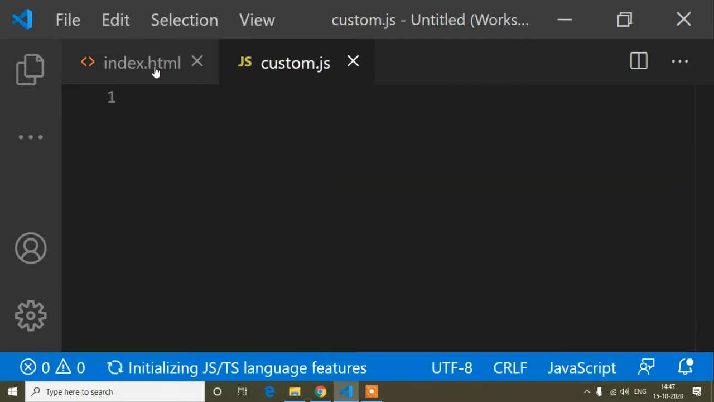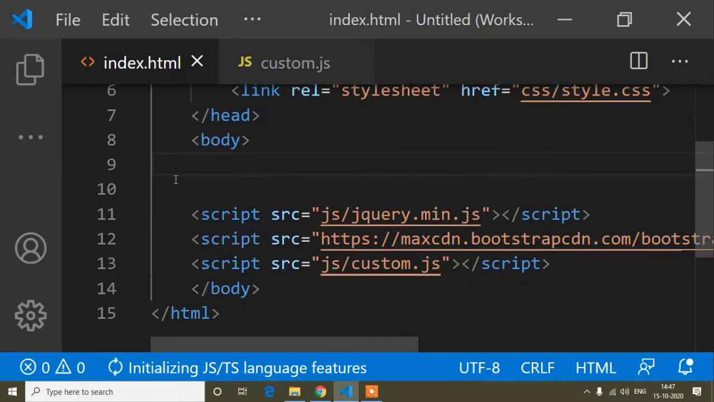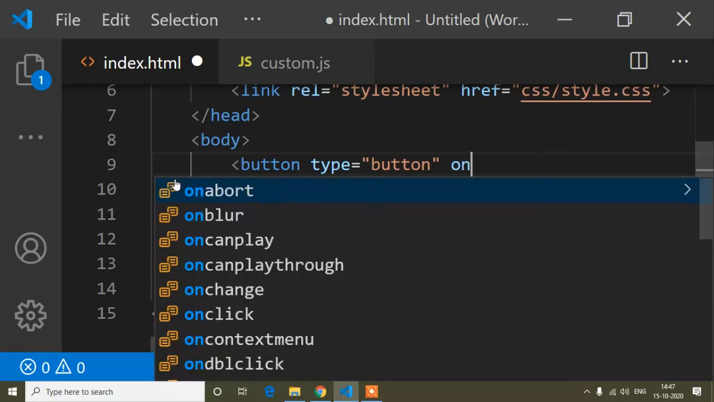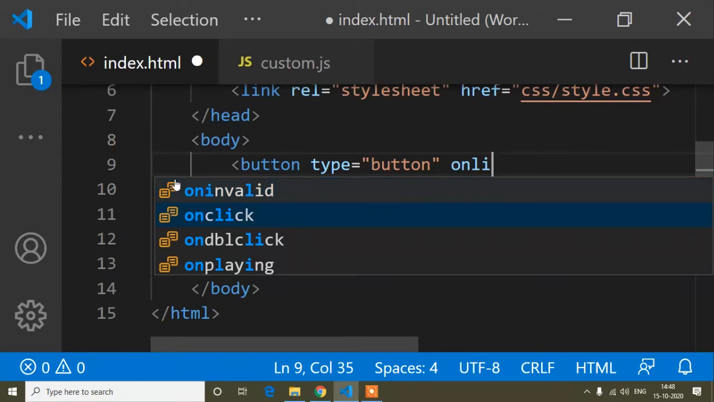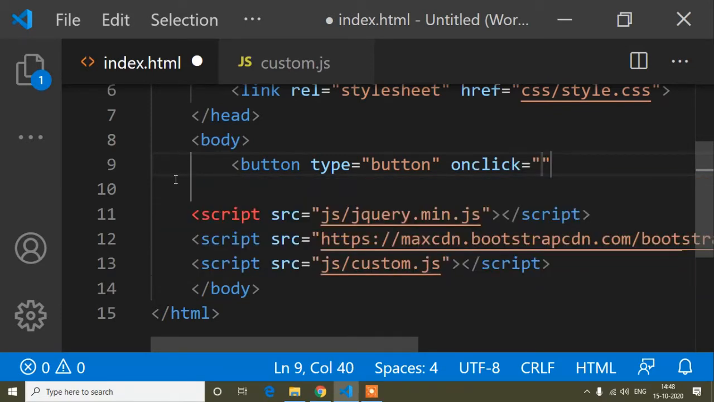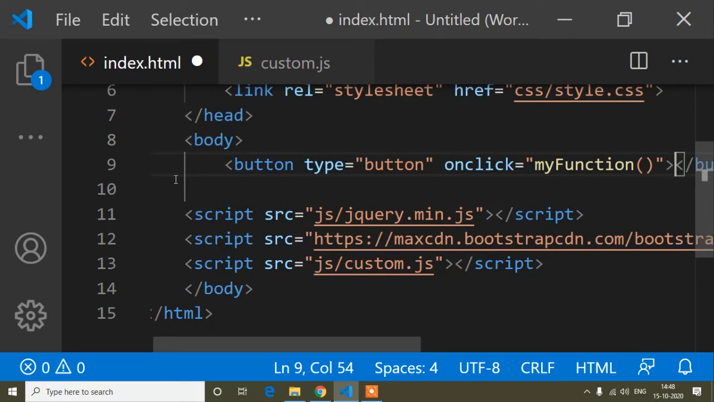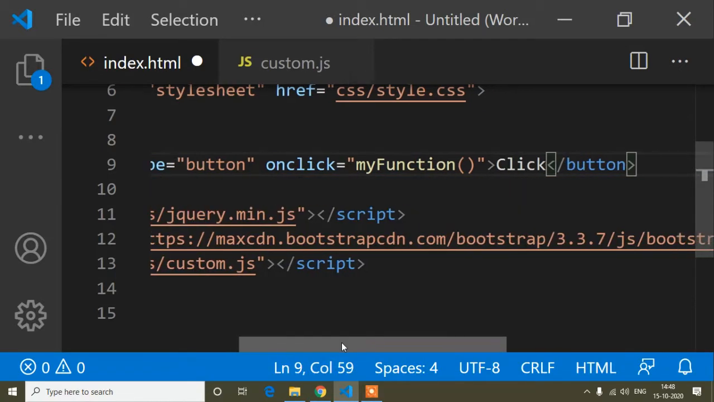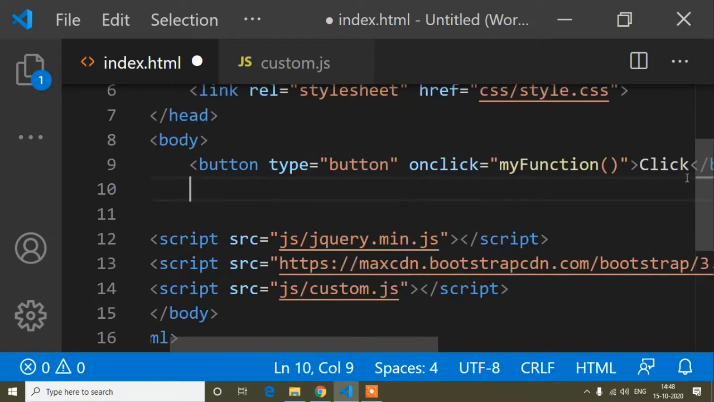custom.js file. So in the index.html file I will create a button. So button, and I will write the button type is button, and here I will write the onclick method, and the function name I will write is myFunction and parenthesis, and the button name here I will write anything. So I will write here the button name is Click, and now below the button just here I will write